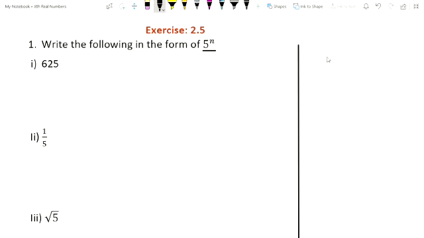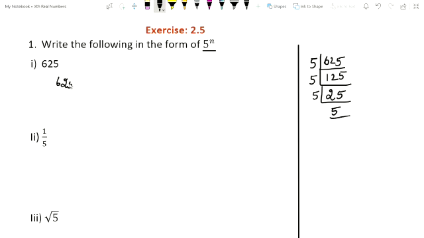You just take that number and divide by 5, you will find it. First you divide by 5. In 6 how many 5s are there? One 5 is there. 5 ones are 5, remaining 1. Next number, 12. 2 5s are 10, remaining 2, 25. 5 5s are 25. And again divide by 5. 2 5s are 10, then remaining 2, 25. 5 5s are 25. And divide by 5.